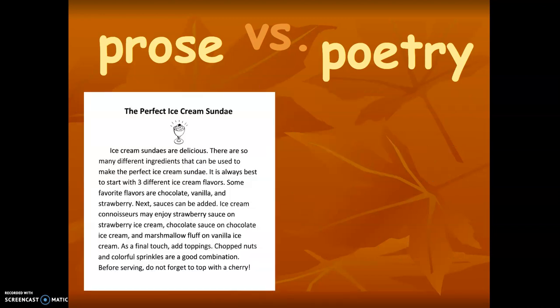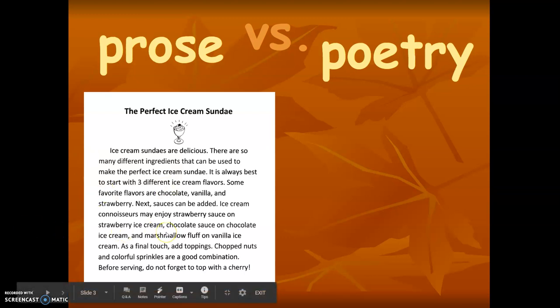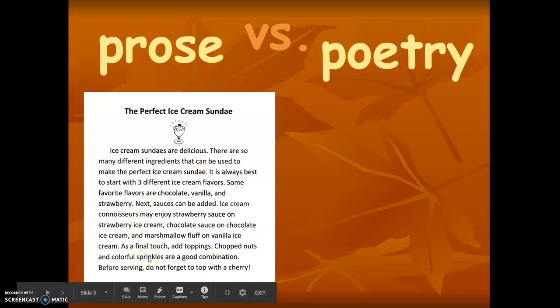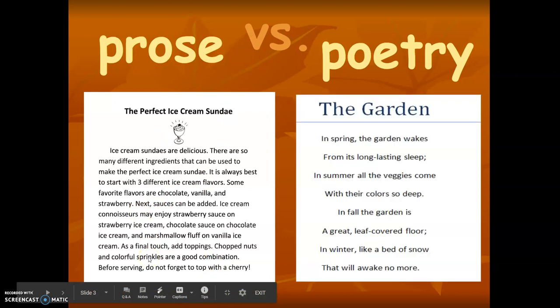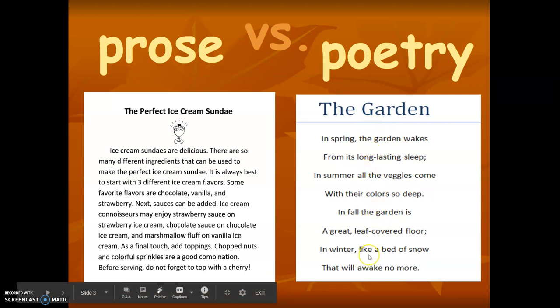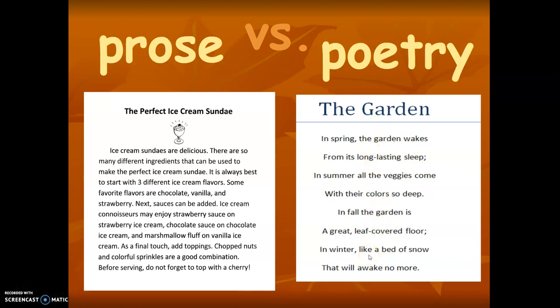As we look at an example here, if I was looking at this informational article about ice cream, you can see that it's indented, it's got different sentences, it's focused on one main topic, but it's written differently from this poem here. You can see here, each line isn't even a complete sentence. There's no period here. You don't actually see a period until you get halfway through the poem. You can see that it's not indented. It's centered along the middle of the paper. And again, it's just organized very differently.